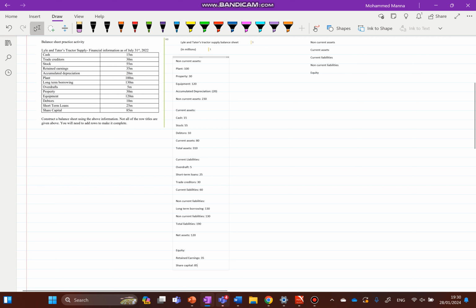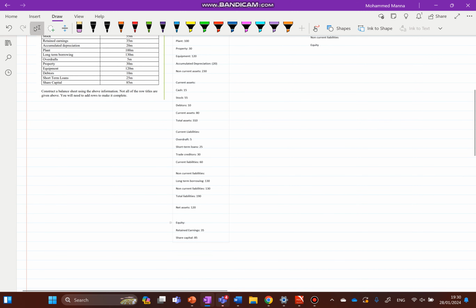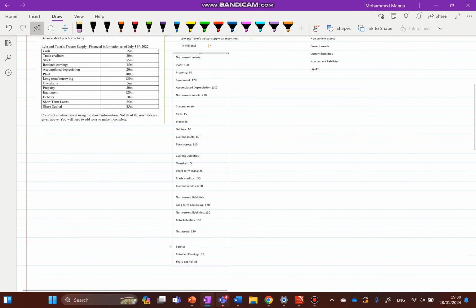Those are the only two that are related to shares. So we'd add them up, and then equity would be 120. And that is the end of the balance sheet and how you construct a balance sheet. And how you know you're correct, and this actually tells you you're correct, is that the net assets